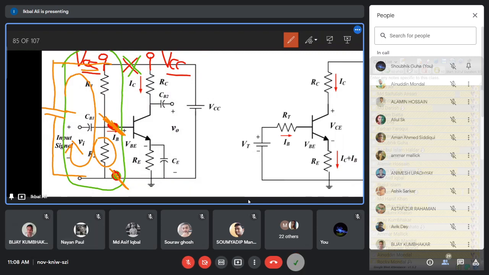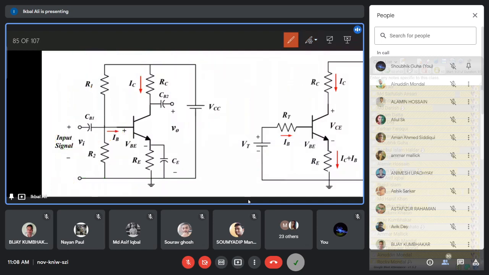And what will be the impedance seen between these 2 points? You have to short the DC voltage, so this DC voltage battery, you have to short. If you short these 2 points, then you see that R1 and R2 become parallel. The top point of R1, through this short path, comes to the bottom end of R1. So R1 and R2 become parallel. That is the Thevenin resistance between these 2 points, the parallel combination of R1 and R2. In this way, we have to calculate the Thevenin voltage and the Thevenin resistance.